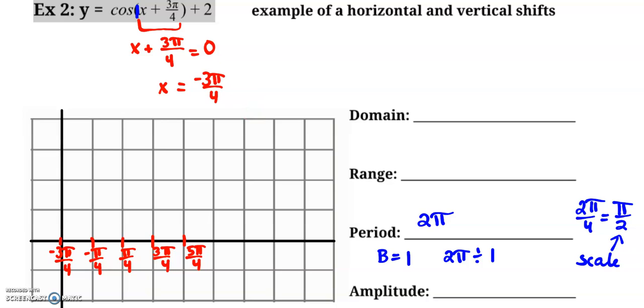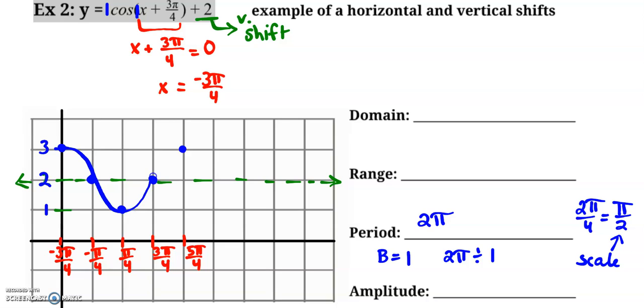Okay, so then to kind of quickly go through these last couple of things, this is going to be my shift, my vertical shift up. So instead of being at 1, I'm going to be at 2. That's my middle. All right, so I'm drawing in my midline. All right, and then from there, I don't have anything else going on because there's a 1 in front of there. So I'm going to make my cosine graph. So my cosine graph is really going to start at 3. So 1, 2, 3. It's going to go down 1 on my midline, come below my midline 1 unit, come back up, and then go all the way up. And now I've got 1 period of cosine and my second period of cosine just